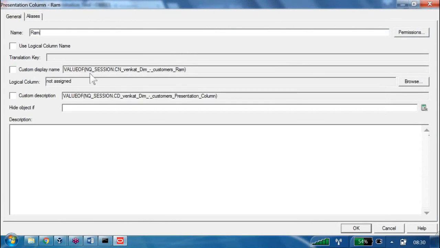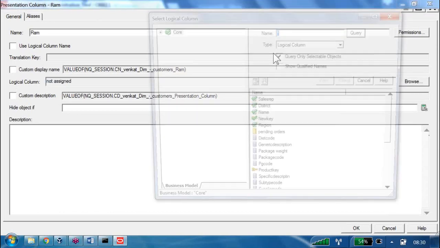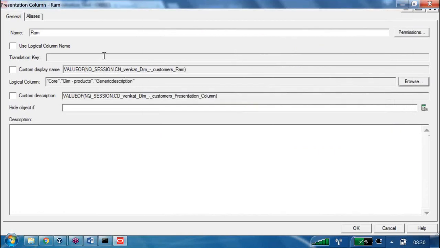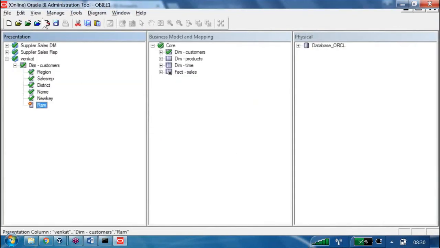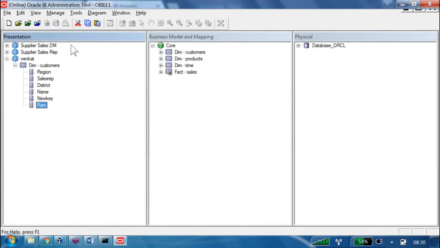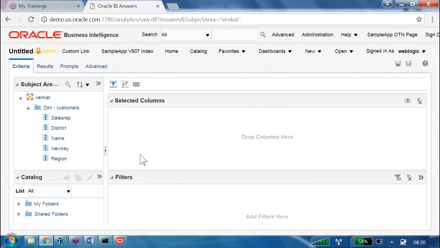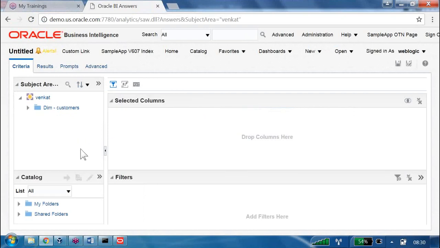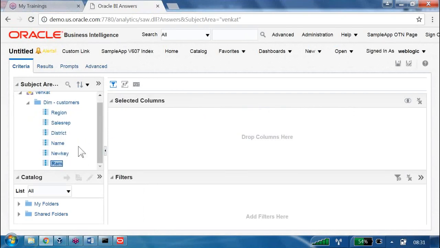Then each and every presentation column depends on one logical column. So I browse here, select any one logical column, then click OK. Just for your understanding I am creating this. Now what do you have to do? Reload server metadata. Now if you expand it, what are you seeing?